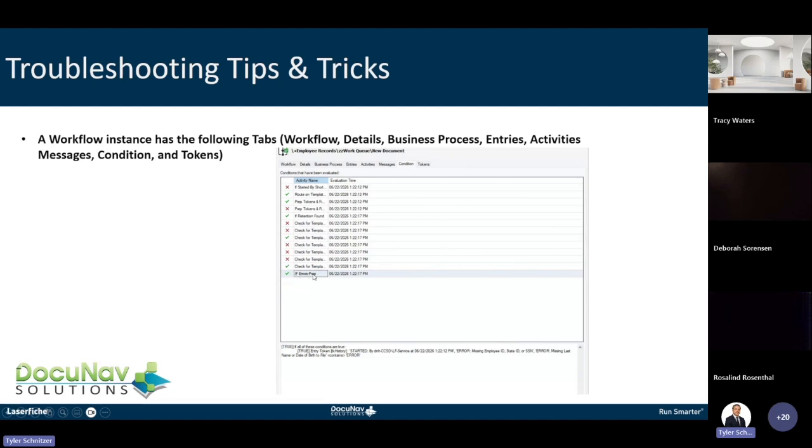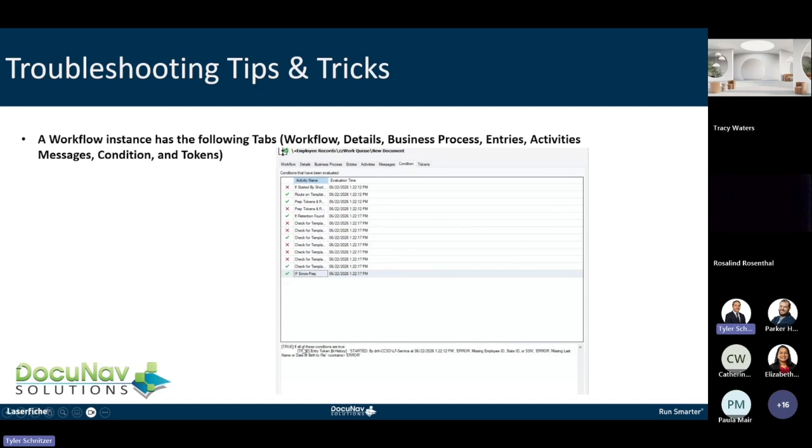It says "if errors prempt" is the conditional activity, and if it's true, where it meets all these statements, if token history is not empty, which it looks like it's not, because it has error: missing employee ID, state ID, or SSN, error: missing last name, date of birth. So it went down this conditional one and essentially terminated the workflow because the error token, or token history, had the values missing employee ID, state ID. So that tells me it failed